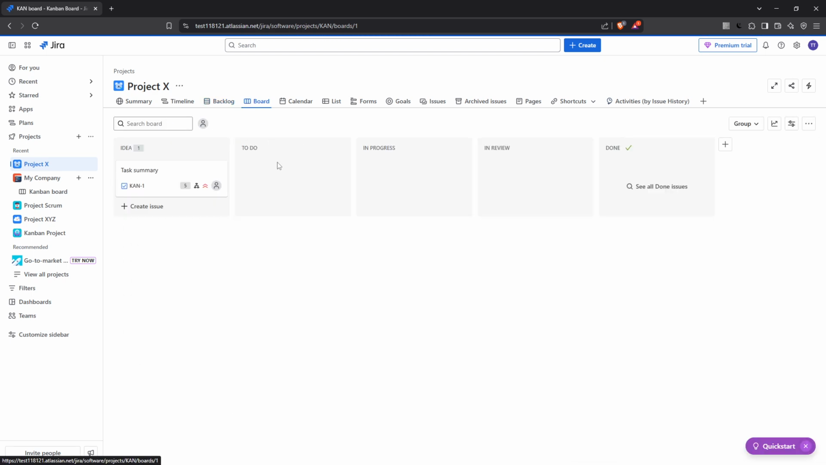This is typically found in a navigation menu near the top of the page. Clicking on Board will take you to the board view of your project, where you can manage and visualize your tasks and workflows. Now let's focus on the URL in your browser's address bar. This is a key part of finding your board ID, so bring your attention to it. The URL will look something like this: